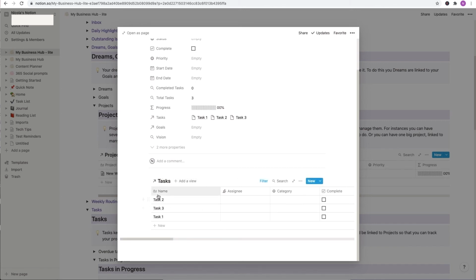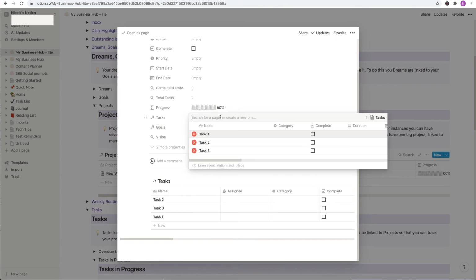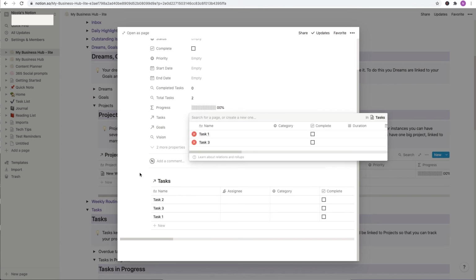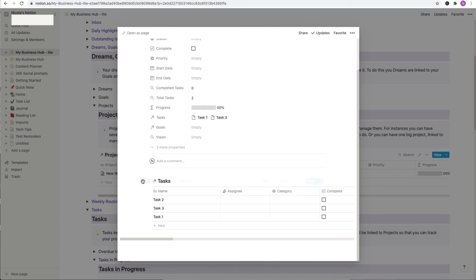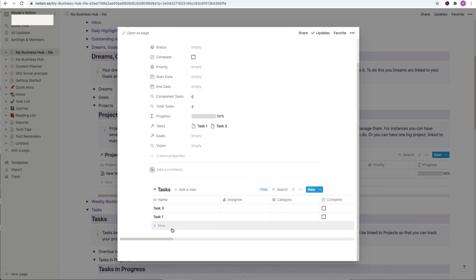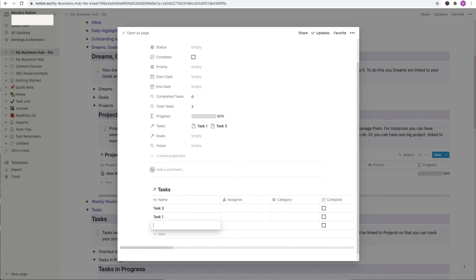It's using the filter, and it's finding the 3 tasks that are linked to that project. So just to prove that, let's remove task 2. And the database is updated, so it's no longer there. The added advantage for having that in here also is that whatever your filter says, when you create this task in this table field, it will automatically populate the task with that filter. So if I now create task